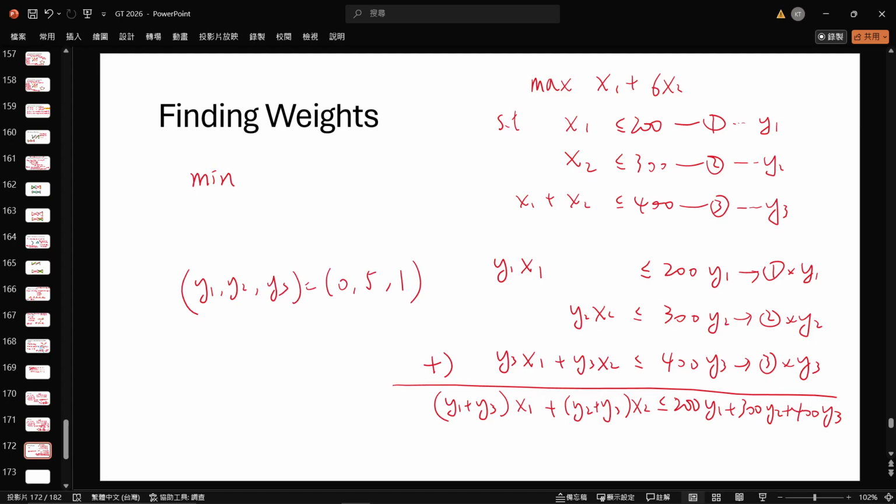You plug in 0, 5, 1 into this, you get y1 plus y3, 1, because y1 is 0, y3 is 1. So you get x1 plus 6x2 is at most 200 times what y1 is, 0, so this one cancels out. And this becomes,